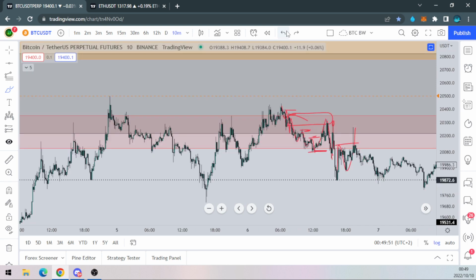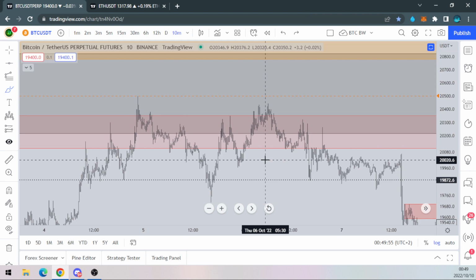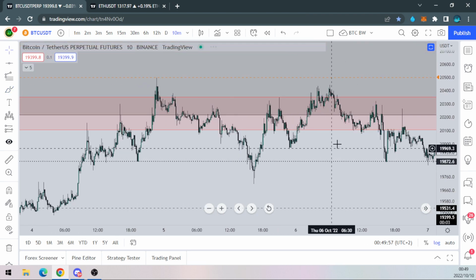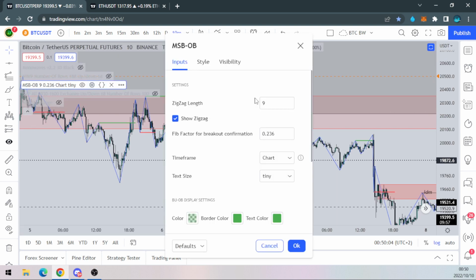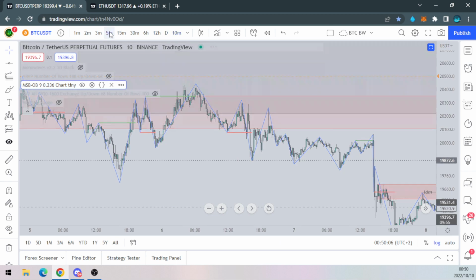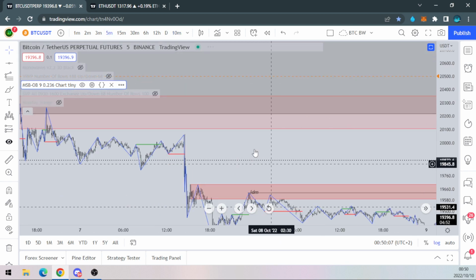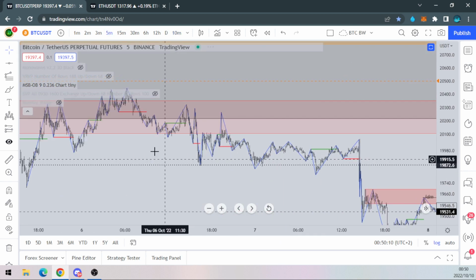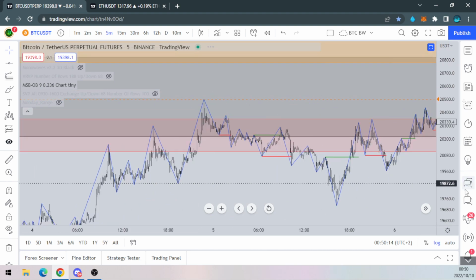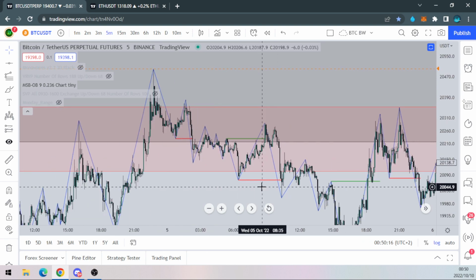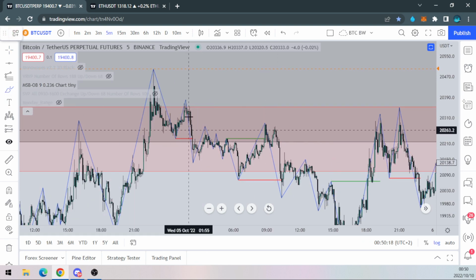Start to take note of these levels. If you have trouble marking them off, then use the market structure break tool, and that should mark it off for you. You can lower the time frames down to a 5 minute, and then you'd start to see the pullback levels where that inducement and liquidity is being created. For example, here,